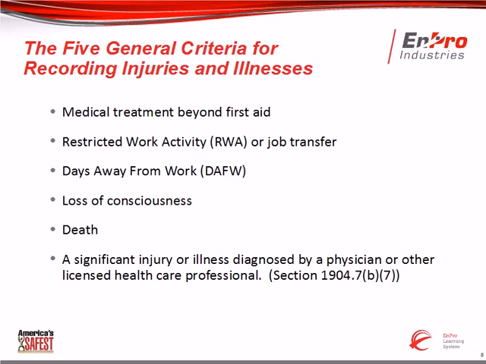It is one person being hospitalized, which is being admitted to the hospital as an inpatient. If you have one person that has been admitted to a hospital within 30 days of the injury, you now have to call OSHA and report that, in addition to following the record-keeping requirements. They've also added on a statement about amputation.